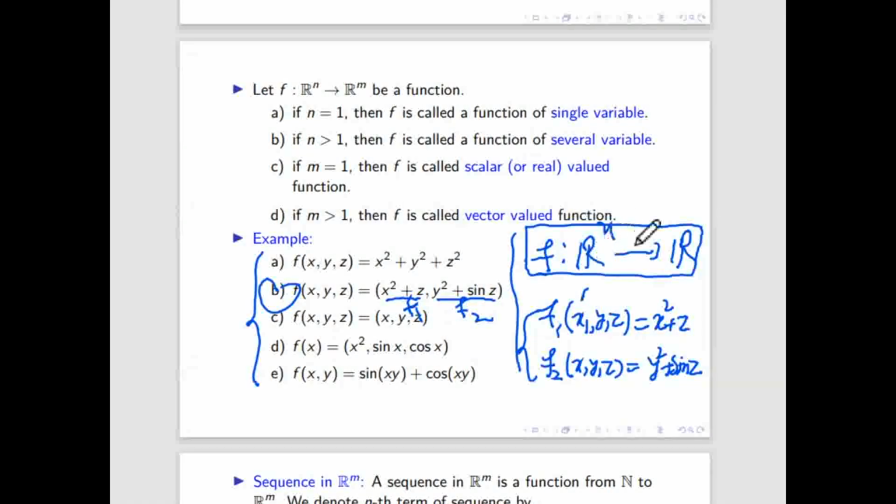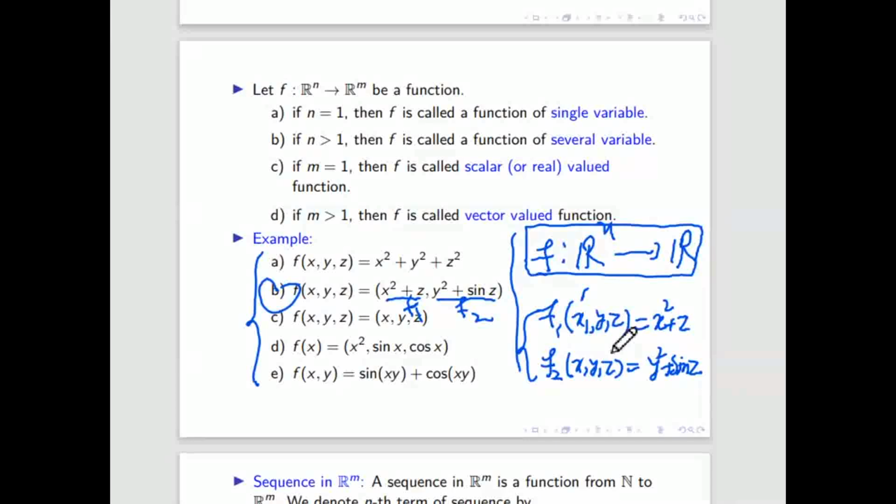So now what we'll deal with is the case Rn to R, several variables with a scalar valued function. If we know this, then we can easily get the several variable vector valued answer. The single variable case is also very easy. We'll discuss it in one or two classes. So first we'll deal only with this type. Now we'll start again from sequence, limit, continuity, then differentiability, then maxima and minima, and then we'll reach integration. Once we reach integration, your syllabus will be done.